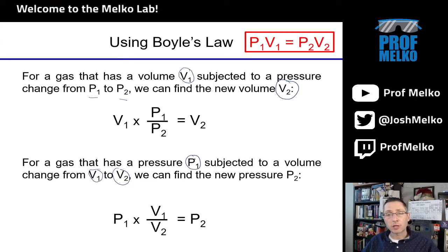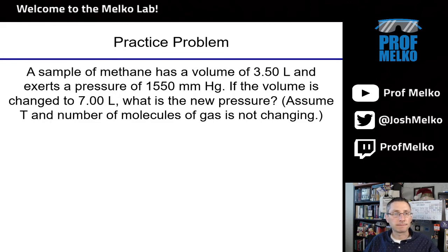The problem would be written something like this. Imagine a gas has a pressure of 3 atmospheres and the volume is decreased from 5 liters to 2 liters. What is the final pressure? In that example, I gave you 2 volumes, 1 pressure, and asked you to find a final pressure. So you would use a version of the equation like this. But these formulae are just rearrangements of Boyle's law. Boyle, remember, is always P and V: P1 V1 equals P2 V2. Let's see this in action.